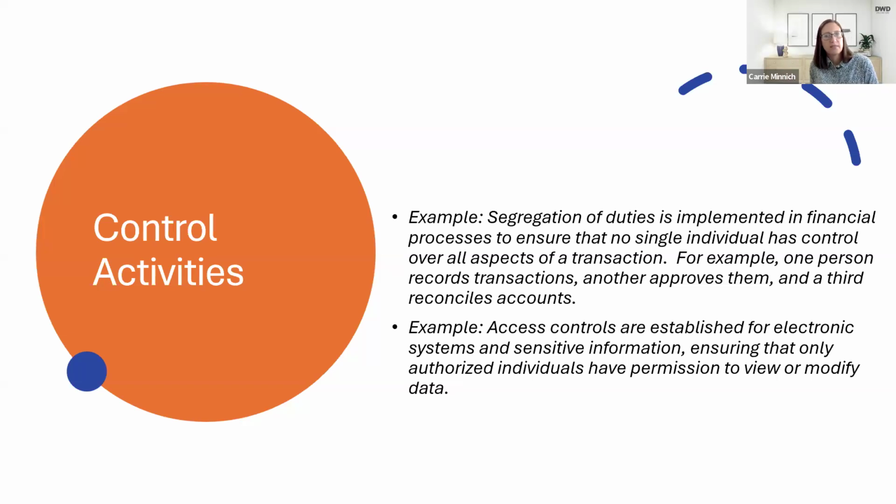Next are control activities. These are the actual actions or procedures that you put into place to address the risks you've identified. We're going to talk about some examples of these in a little bit. A big one is segregation of duties, making sure that one person can't do everything within cash receipts processes or one thing within payroll. So segregating the duties as much as possible, and then also providing additional controls like sign-offs and reviews and those types of things.